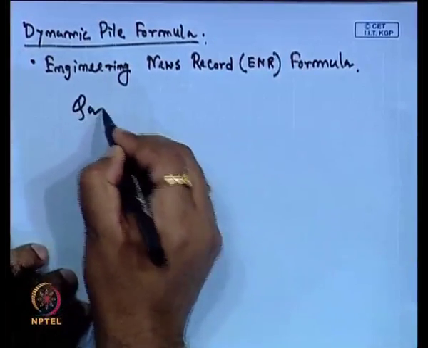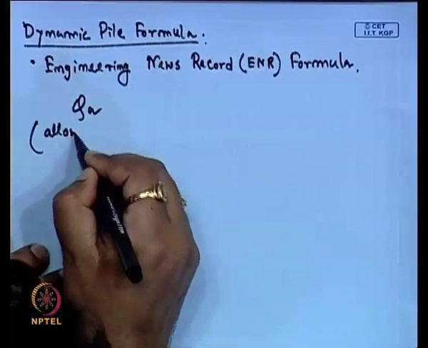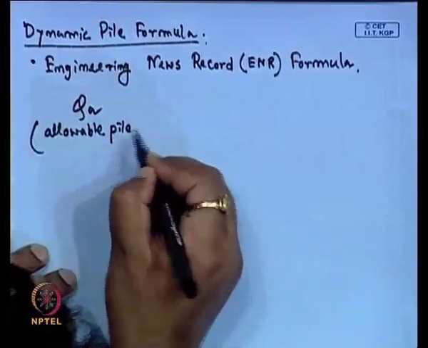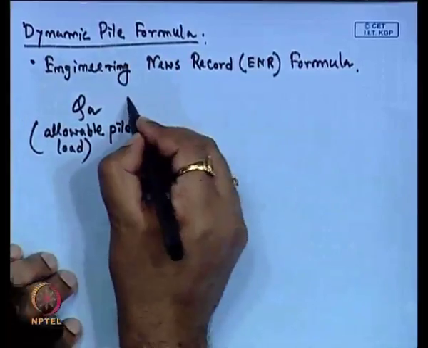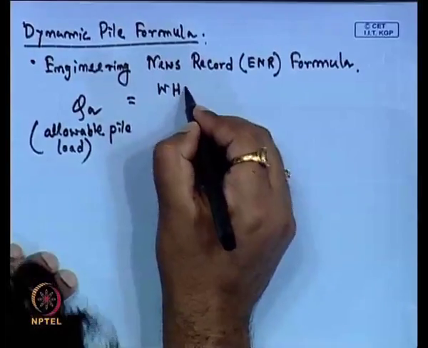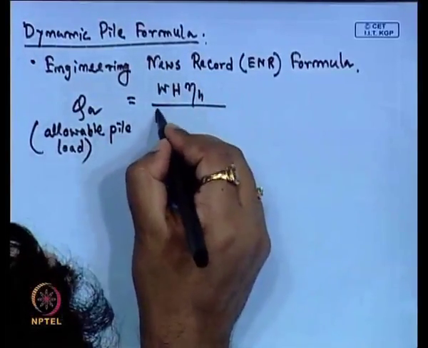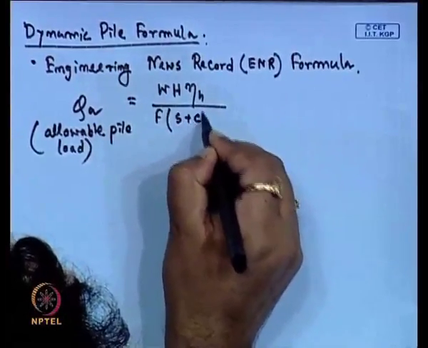So, Q allowable, the allowable pile load, that we can calculate by W into H into eta divided by F into S plus C,